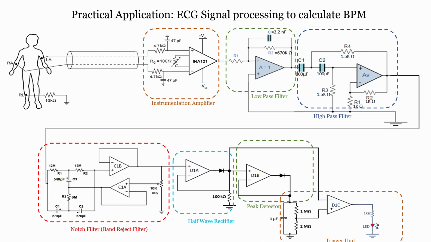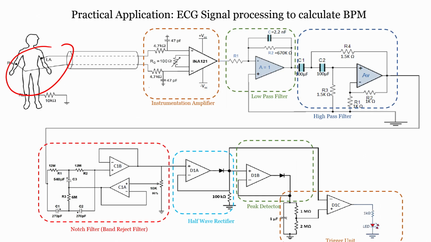This is what I was talking about: in the last module we have seen how the instrumentation amplifier works, what the advantage of the instrumentation amplifier is, and why we have selected this amplifier over other amplifiers. You can also understand that not only can we change the gain of the amplifier, but it also has extremely high input impedance, which is why it can be easily connected to the ECG electrodes.